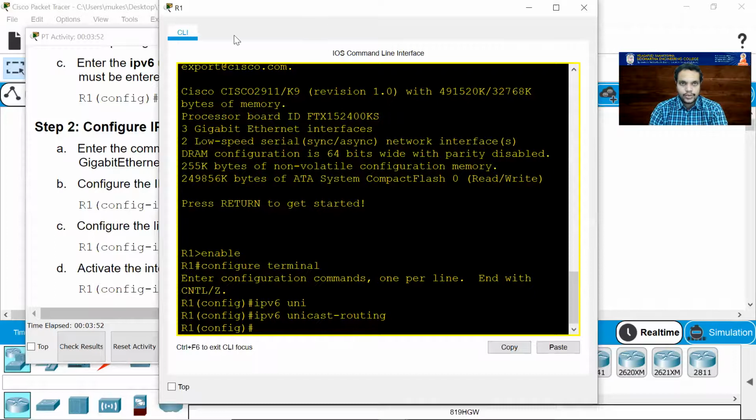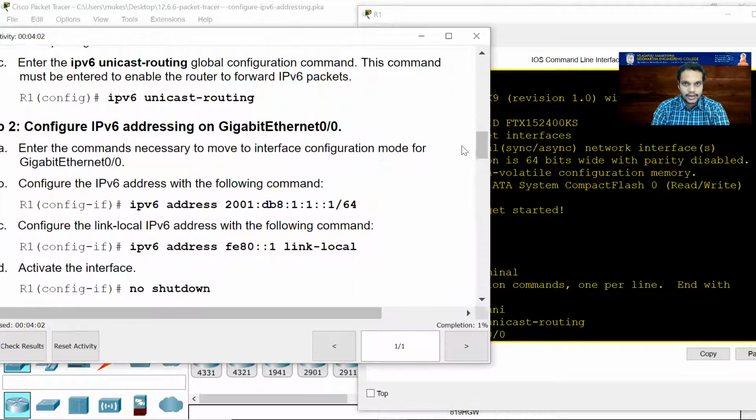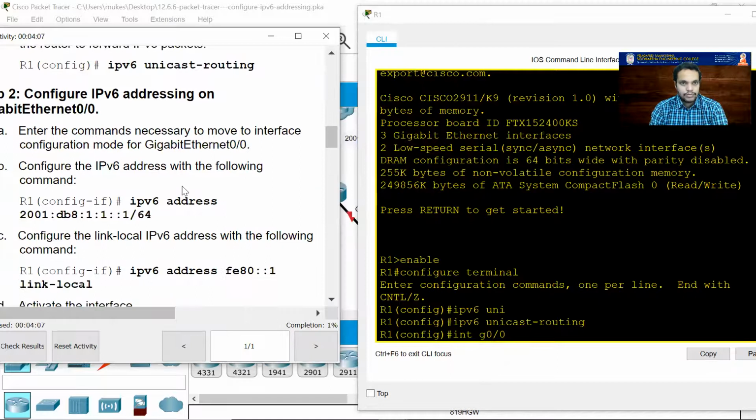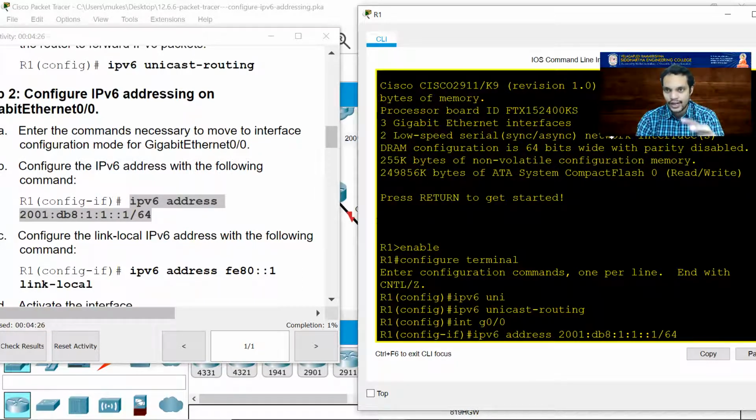So the first thing I need to do is type the interface command, interface g0/0. That is what it actually said here. Okay, so 0/0 interface. This is what I did, and it is asking me to provide the address. Rather than typing everything, I will just copy with Control C, come here, right click. This saves me some time. But if you're doing it for the first time, I always suggest you do it on your own, at least until you get the hang of it.